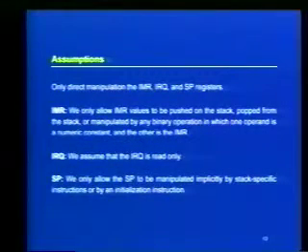Unfortunately we cannot check these assumptions because we're not modeling the other registers. If one register happened to point to the IMR and you make an indirect manipulation via that other register, well, we don't know what's in that register because it's not in our graph. So we're relying on the programmer being disciplined and not doing those kinds of things. We would like to check this, so this comes under future work. Now we don't.